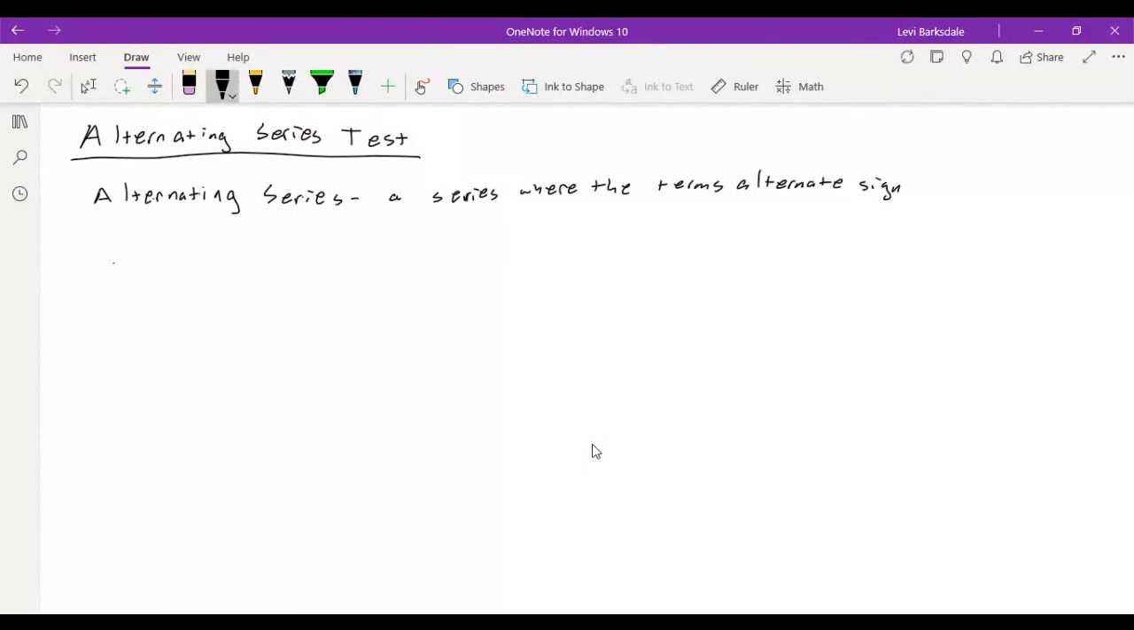And as a quick example, the series -1 to the n is alternating. And that's just a really easy series. Now, the alternating series test